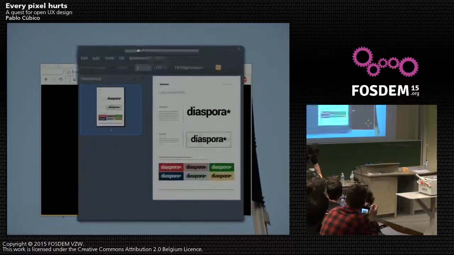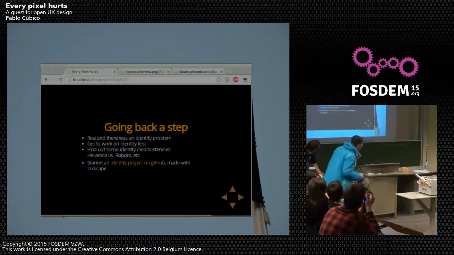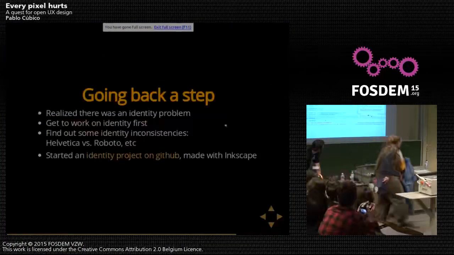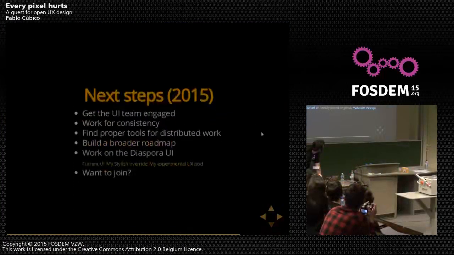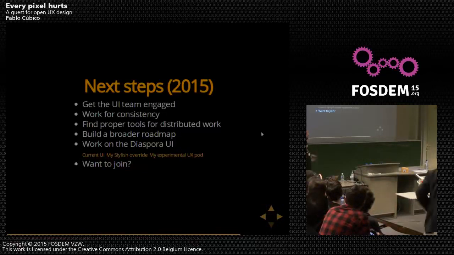I started doing an identity manual for Diaspora, which is something really basic for a designer, but Diaspora doesn't have one yet. So this is like a first start towards a user experience. And then these are the next steps for this year. I'm trying to get the UI team engaged, trying to work for consistency because there is a lack of consistency. I'm working on the Diaspora UI too,